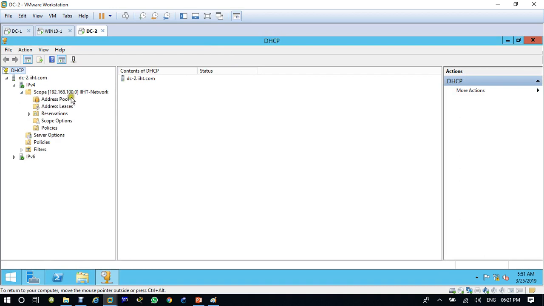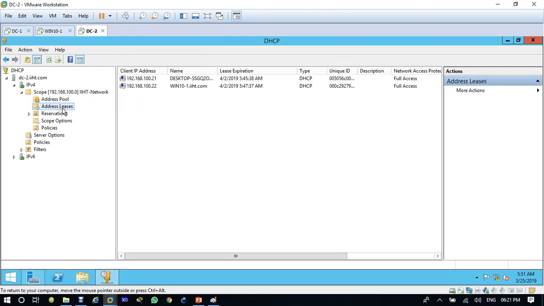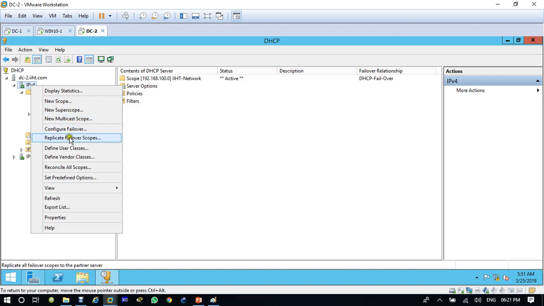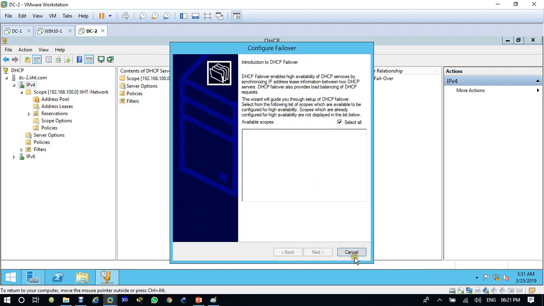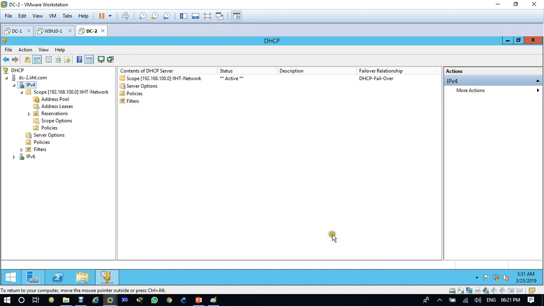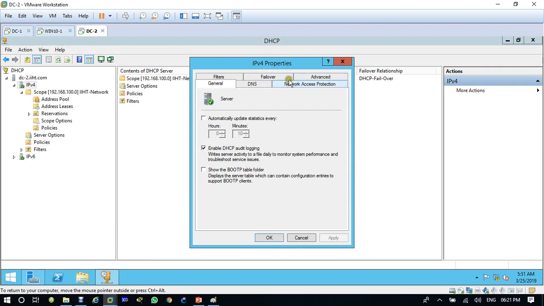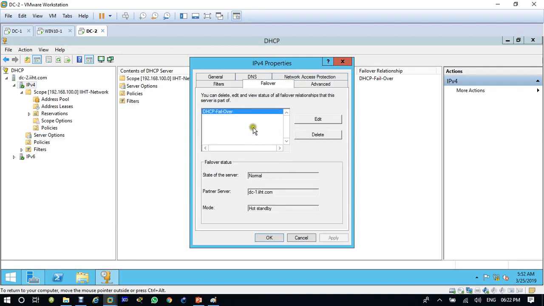Did I configure this scope? No. Did I configure any scope on this? No. Address lease, everything is here. Failover is already configured. If you right-click here and go to Properties, Failover, you will see that all failover is already configured.